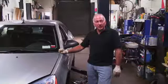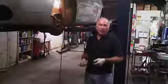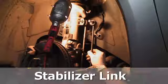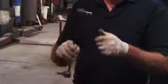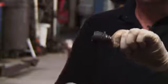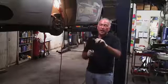I'm going to be giving you tips for when you may be facing suspension and steering problems. If you should be driving down the road and hear rattling coming from your car, one of the things you may want to have checked out would be the stabilizer link. Stabilizer link keeps your car from excessive body roll. And these parts do wear out. It's basically a steel rod with a ball and socket, and it's a relatively tight fit. What happens is, over bumps, the ball gets a little bit smaller, the socket gets larger, and it makes a